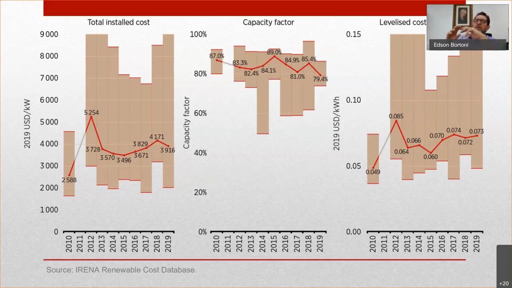But geothermal doesn't work 100% of the time because you have to clean. But here is a high number. When you have 80% plant factor, capacity factor,